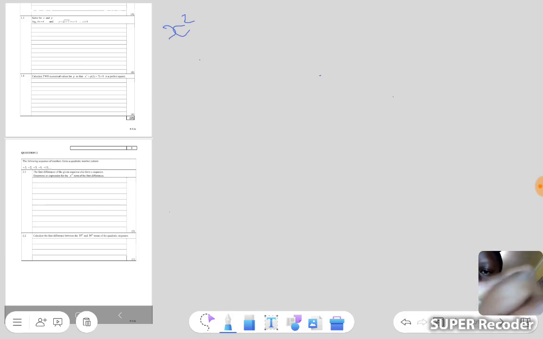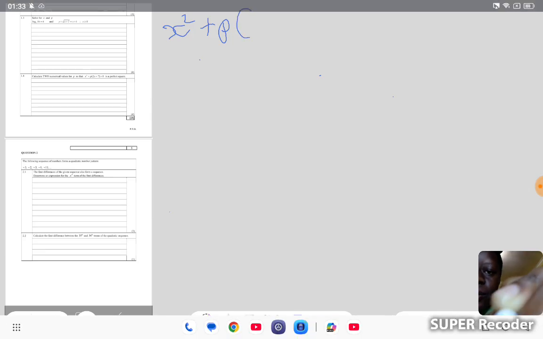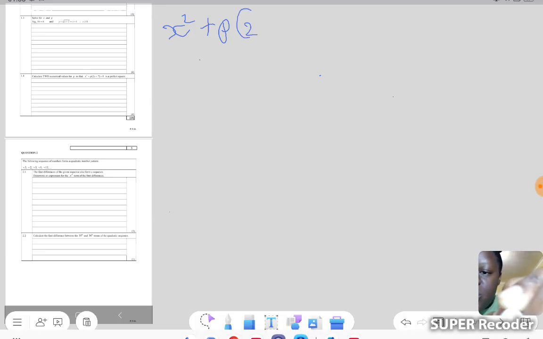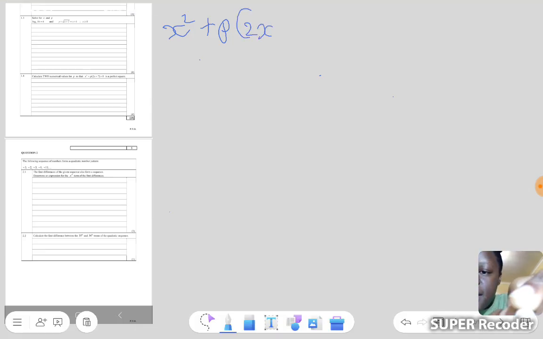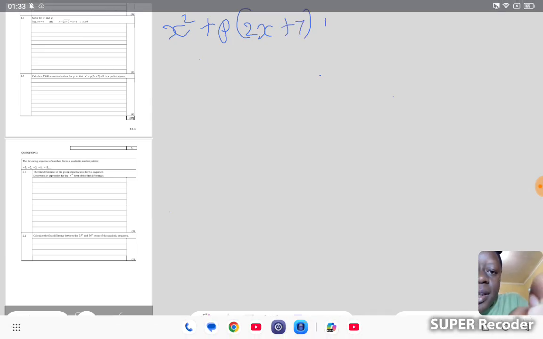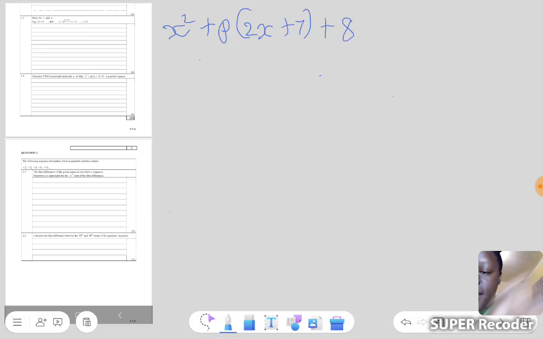x squared plus p(2x plus 7) plus 8 is a perfect square. For a perfect square, remember that we have a formula. Our formula for a perfect square is